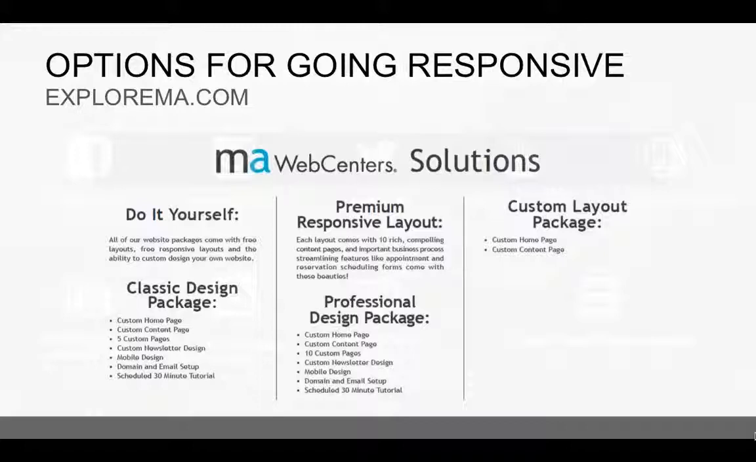Okay, so here are the options for going responsive. Again, do it yourself. The premium layouts, which there's a cost for if you decide to choose one of those layouts. You can do a custom layout package. So that's taking what you have and they're just going to customize the home page and content page for you as well. And then there's some other paid services like the classic design package, which is a custom home page, content page, up to 5 custom pages,